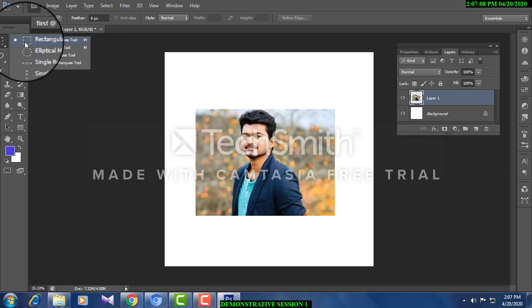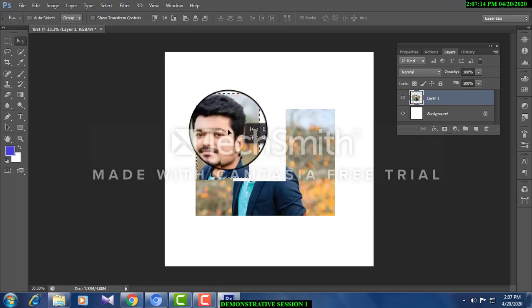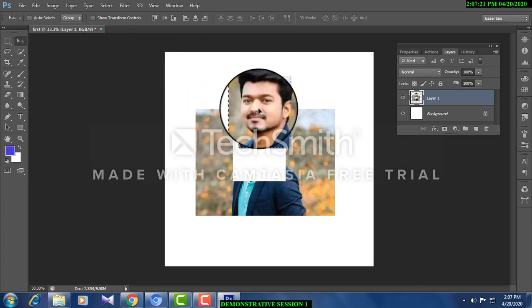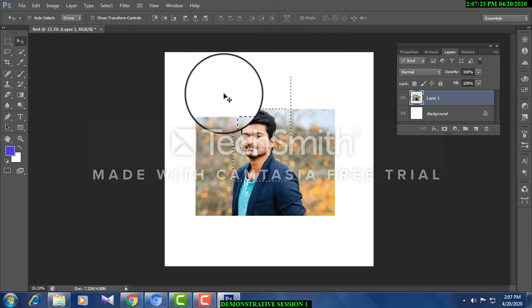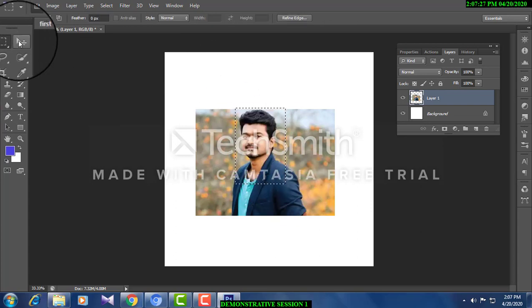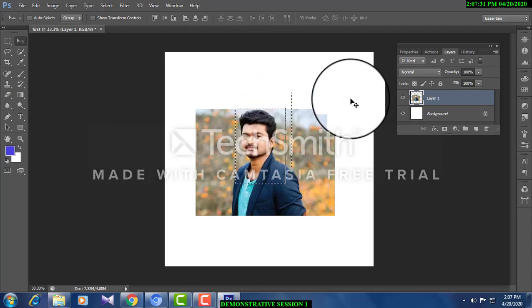I'm just going to make use of the rectangular tool. Now look here. I will be able to choose this. See, this is the tool called move tool. I'm using this tool to select and to move. Once again, I'm making it clear for you. Select this tool and take this tool for moving. Is that okay?